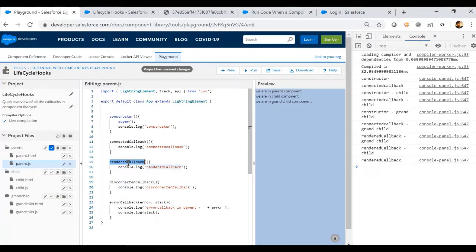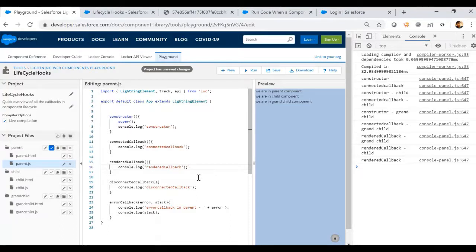We should also be very careful, as I said, connected callback can be executed multiple times in the journey of an LWC component. Rendered callback will also be executed multiple times when the component is rendered in the journey.